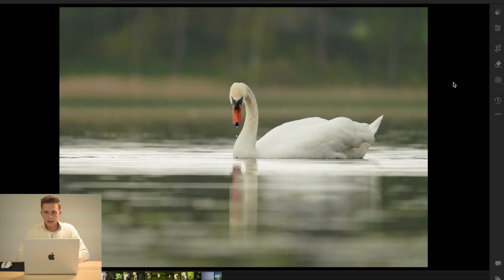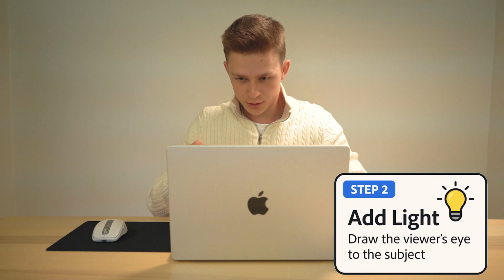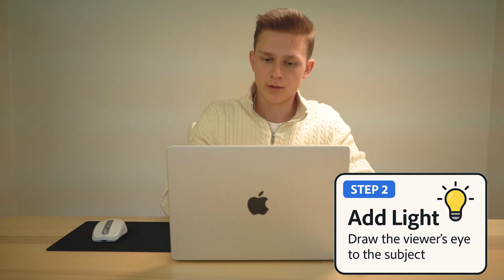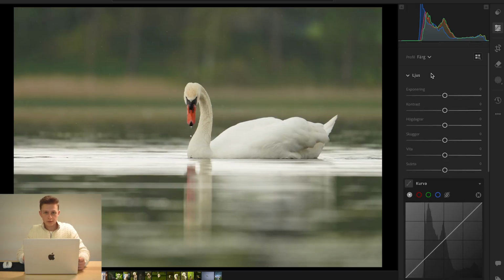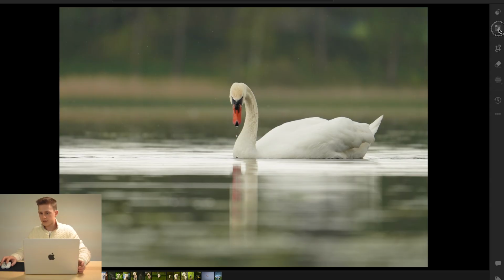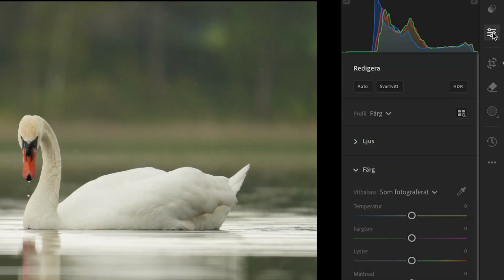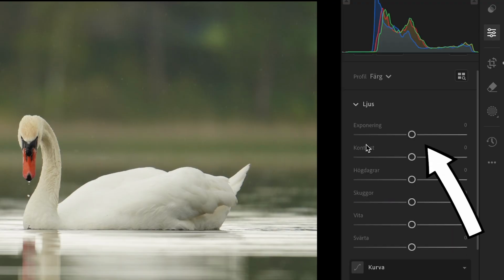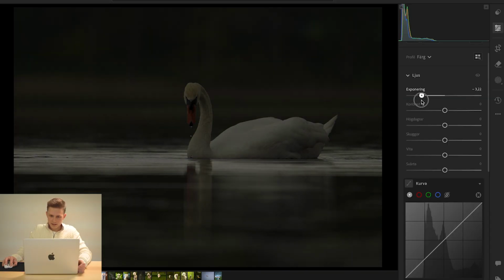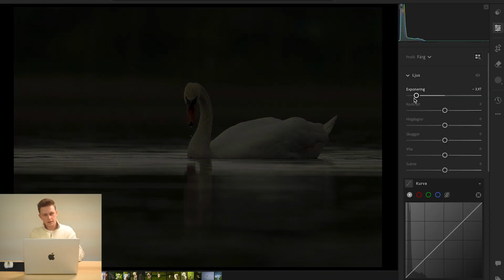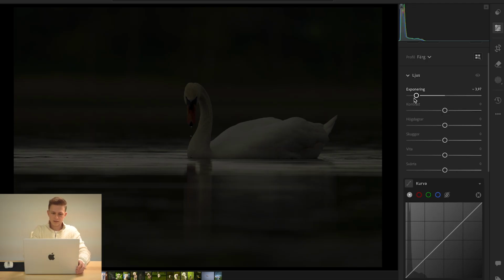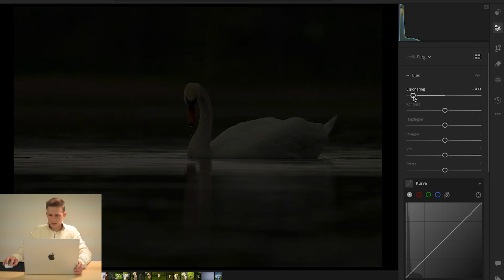So now let's go to the next step, and that is to add light or brighten up the light source that you have in the photo. The first thing we have to do is to find out where the light is coming from. How we are doing that is to go to the normal sliders that affect the whole photo, go to light and exposure, and drag it down, and then you see that the spots that are pretty bright are still going to be visible,